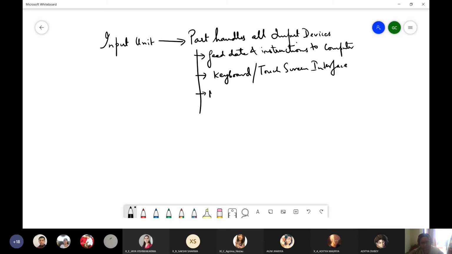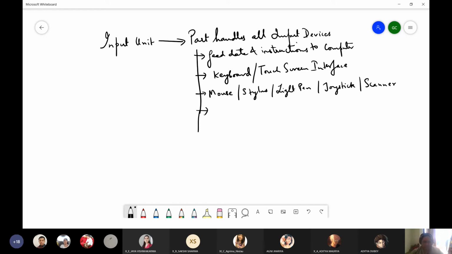Apart from this, we have mouse, stylus, light pen, joystick, scanner, very good.